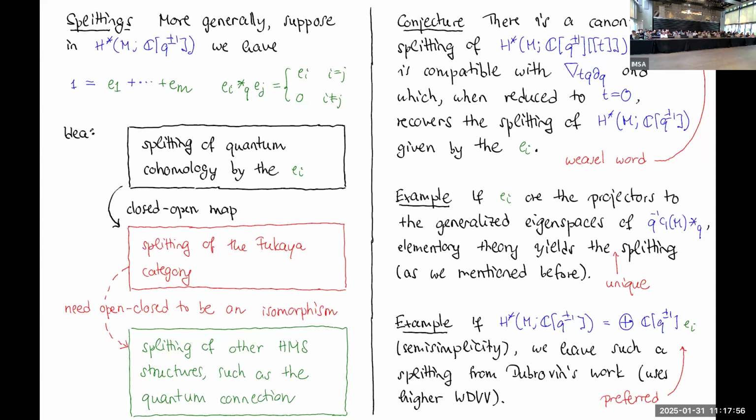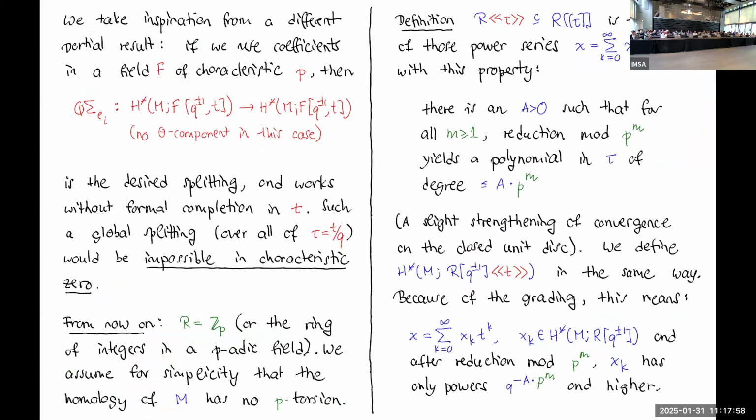There is actually a third partial result, which points in a slightly different direction. Again, if we take coefficients mod p, so say, my notation is inconsistent, use coefficients in F_p, the field of characteristic p, and you have these quantum Steenrod operations. Remember, the quantum Steenrod operations satisfy the same relations as the classes that you put in. So if you put in an idempotent class, you get an idempotent operation. If you put in one, you get the identity. So these things here are projectors that are mutually orthogonal, and they add up to one,